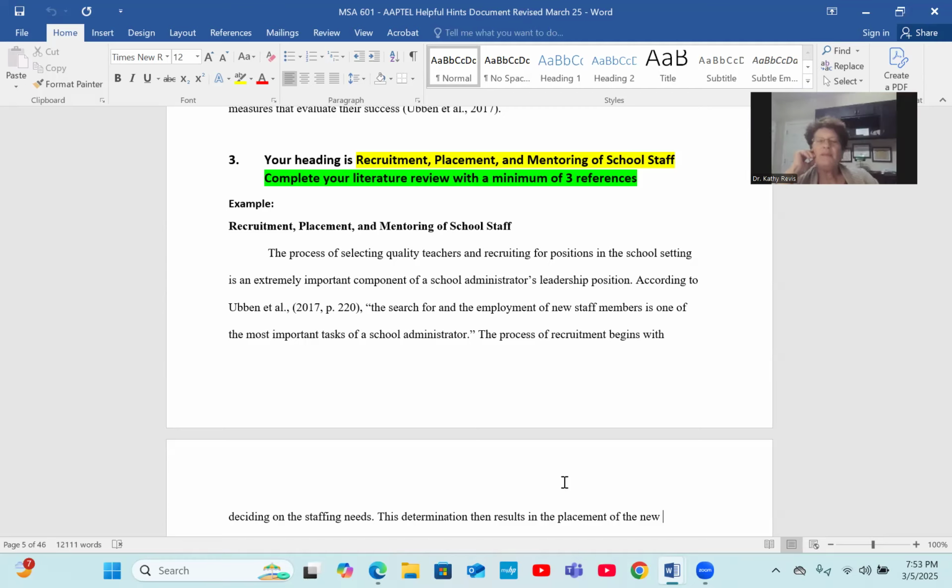Oh, definitely. Definitely. You've got to hone your craft in leadership to be able to recognize and identify who you know will best fit the dynamics of your school.